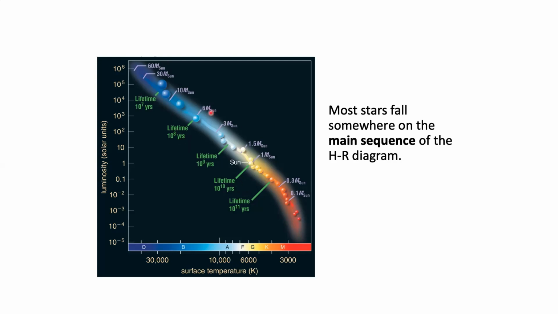On the underside of the main sequence, we also have the lifetimes of these stars. And the lifetime here is being described in terms of different powers of 10 in years. So 10 to the 10 years, we're talking about around 10 billion years. So our sun will have a total lifetime of about 10 billion years. Going a little bit further down, a star that's around here, maybe that's 0.5 solar masses, might have not 10 billion years, but 100 billion years. So a star down here is going to live 10 times longer than our sun.